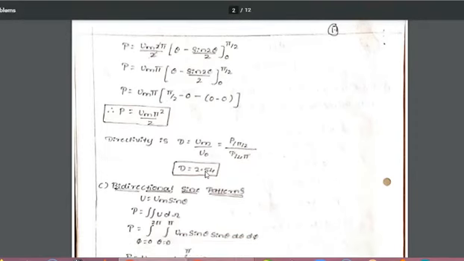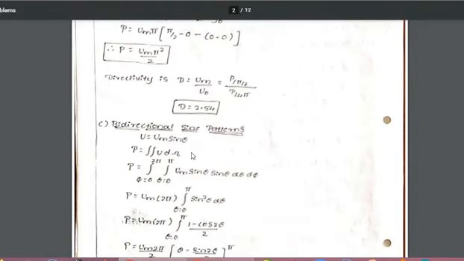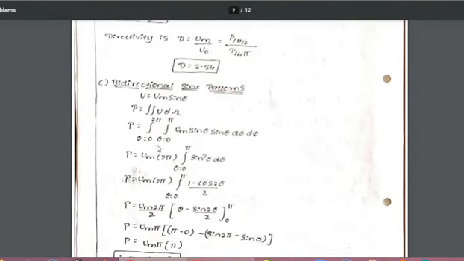Now let us move on to the next question, that is the bidirectional sine pattern. For the same sine pattern, we only change the limits. Remember, change the limits. See here, theta is equal to 0 to pi; we have not taken theta from 0 to pi by 2. The intensity pattern and the power equation remain the same. Only the limits change because it is bidirectional, where more than one direction is considered.